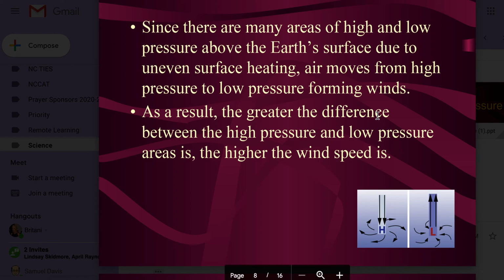And it's high pressure and low pressure, and that, like I said, is how winds are formed. The greater the difference between high and low pressure, the higher the wind speed is. And this has a great effect on our weather because, as you've probably noticed, if a storm goes by and it's very windy, it moves the storm a little faster, and there's so much that goes along with that. Okay,